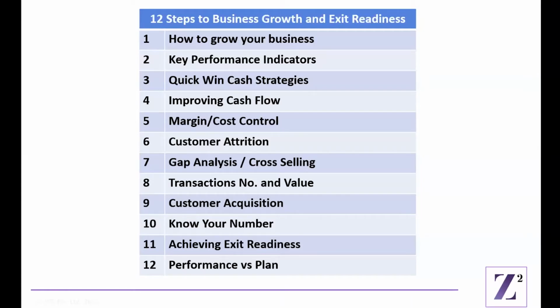Just want to summarize the 12-week program again and where we're at the moment. So in weeks 1 and 2, we looked at the key business growth drivers and focusing on making small incremental gains. Throughout weeks 3 to 9, we're going to go into much more detail to give you practical, real-world, low and no-cost things to do to improve your business growth drivers by covering the following. They are quick win cash, which is the opportunities within your overheads, improving cash flow, the fastest way to improve your bank balance and your stress levels.